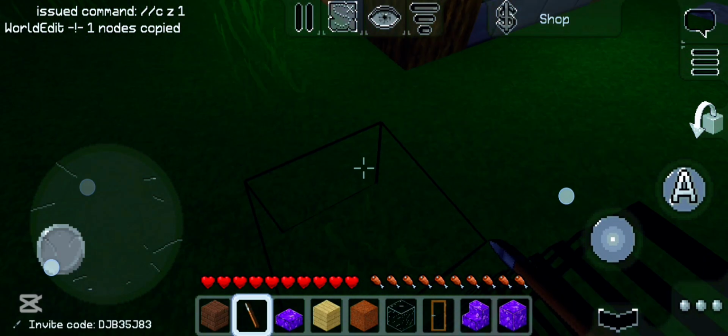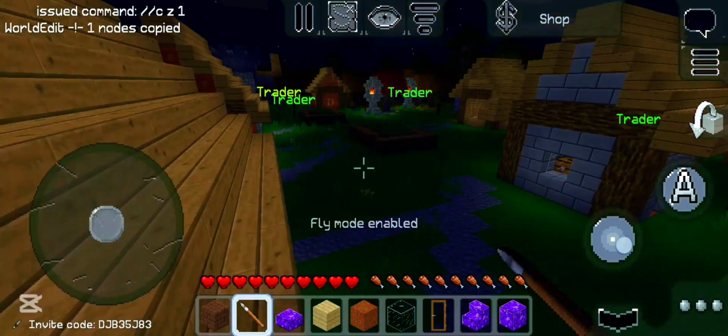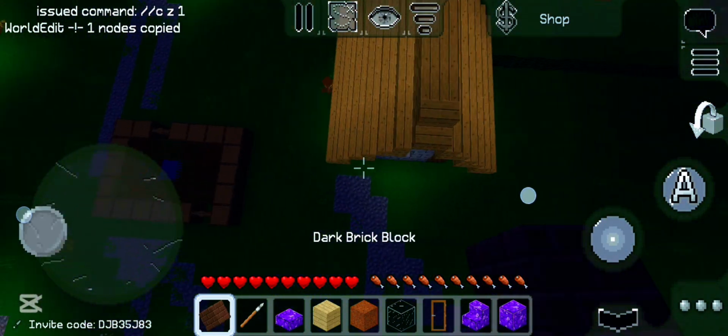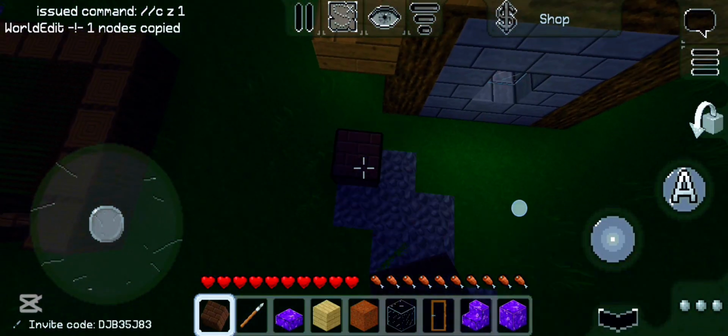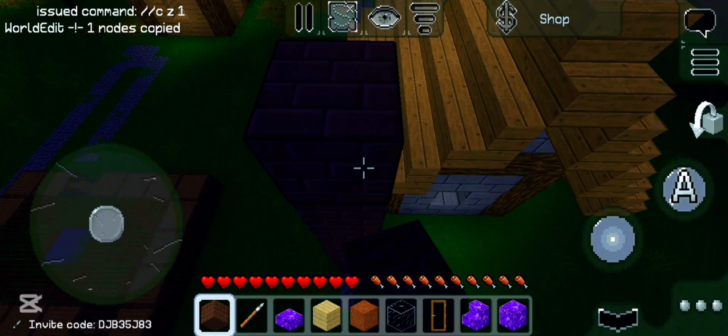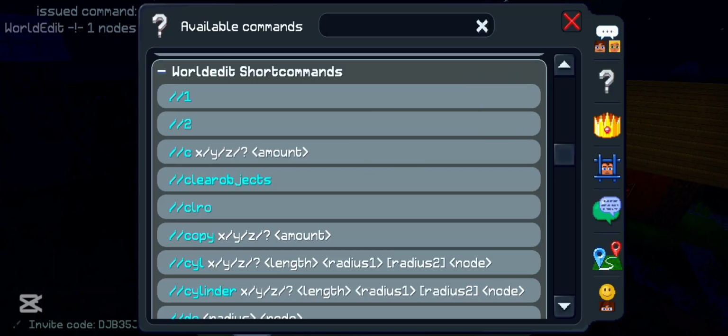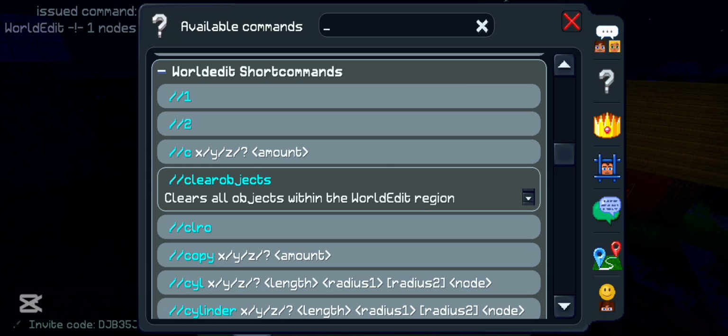And take this position and select. Let me just get this. So we've selected the villager house, and as this thing says, we have to type